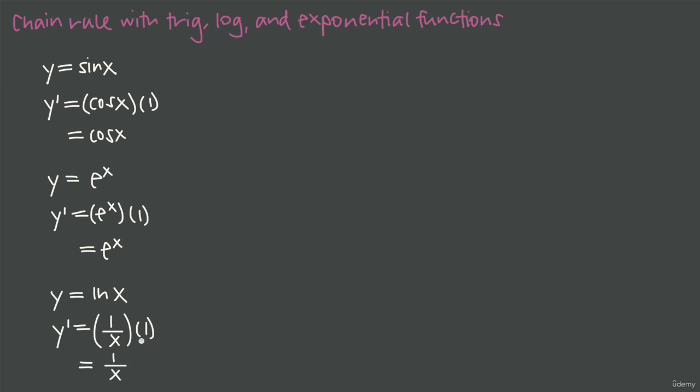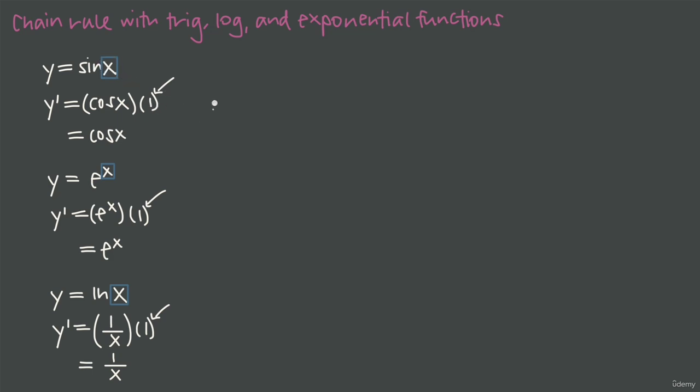Now, of course, what we hope to see here is that as soon as we change the argument to anything other than x, so as soon as we change this value here, this argument in the trig function, the exponent in our exponential function, or the argument in our log function, if we change any of those values to something other than x, then this chain rule application is going to start to show itself, because instead of multiplying here by 1 as the derivative of x,